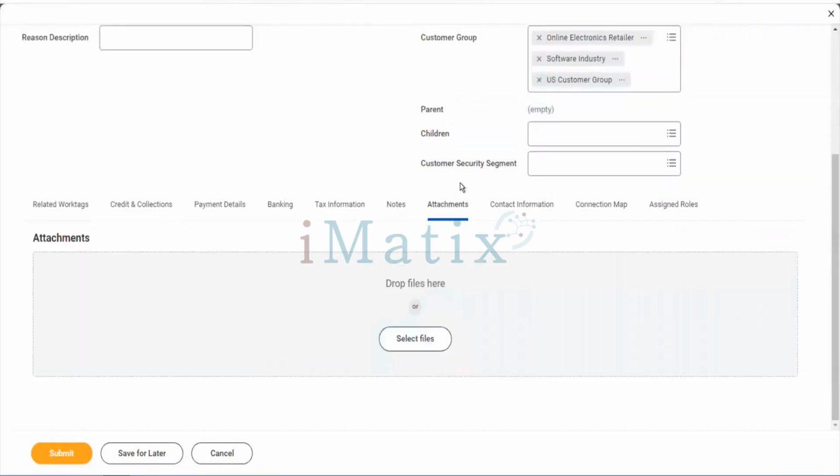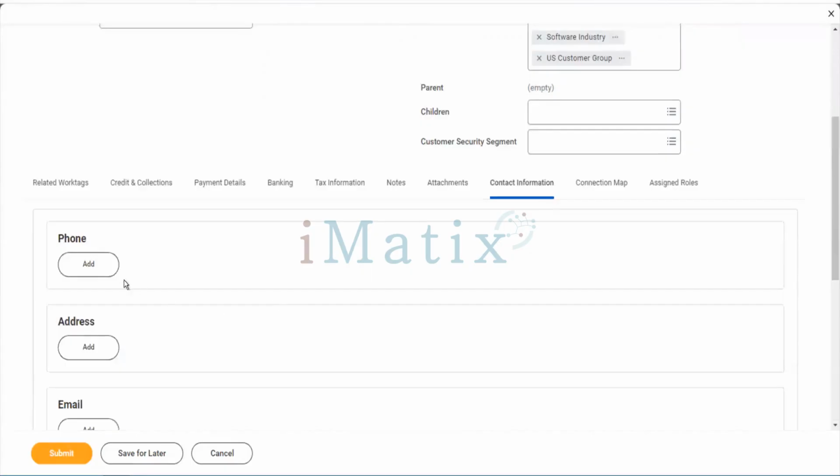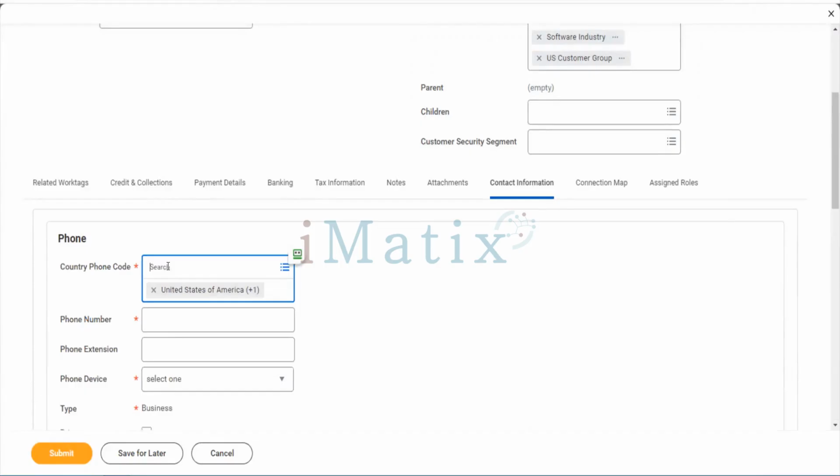And attachments, because when you create the customer, you have some documents, some contracts, all those things can be attached here. Contact information, this is very important. Let's add some random numbers here of India only.